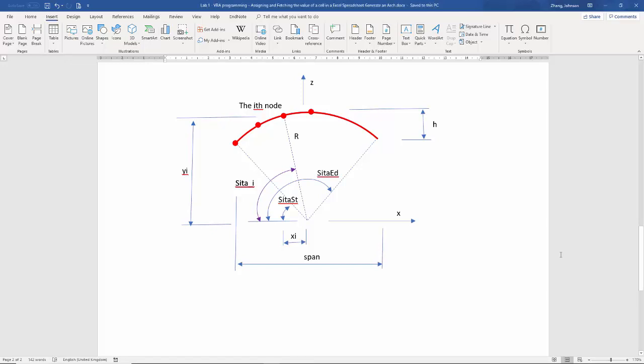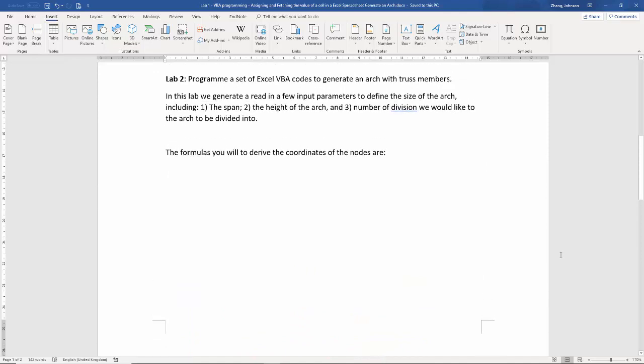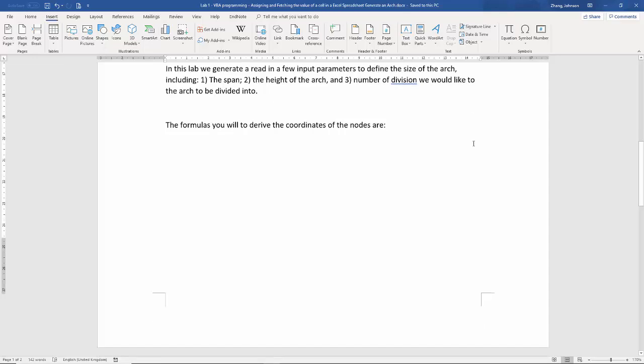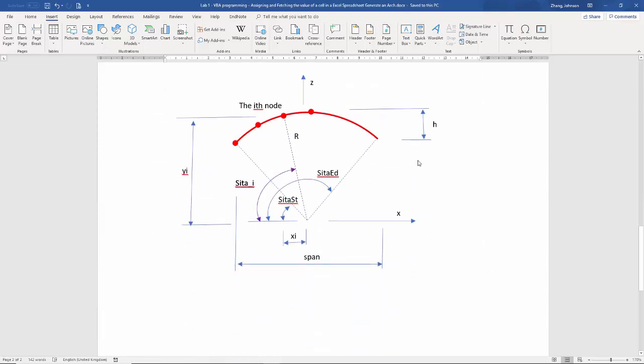Okay, lab 2 is more challenging. Let's have a look at what we're trying to do. So here's a text you can download from the Moodle and then have a look at yourself. So maybe I explain to you directly using the figures on the second page to show you what we're